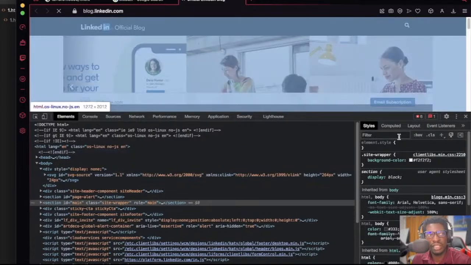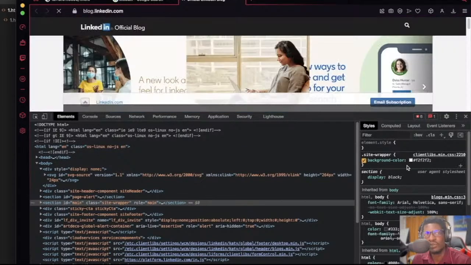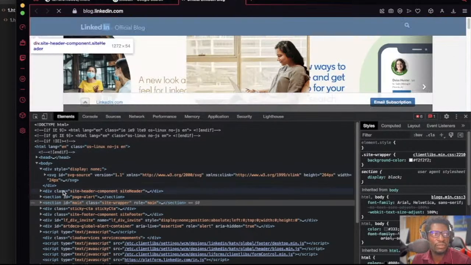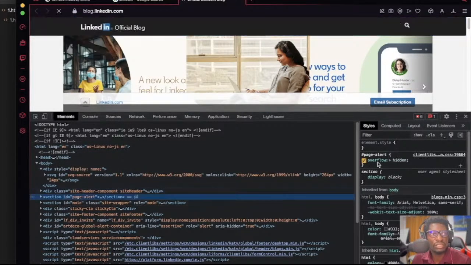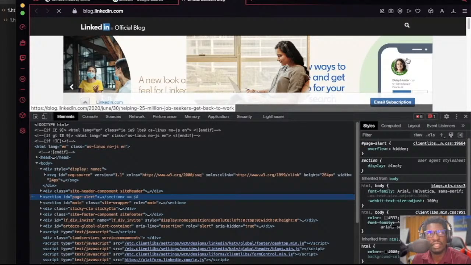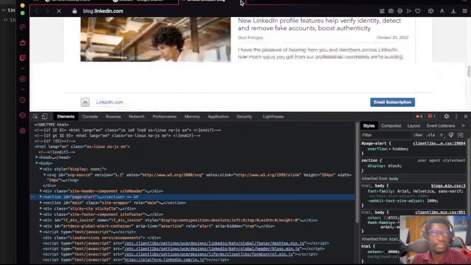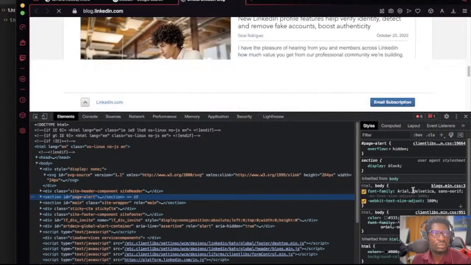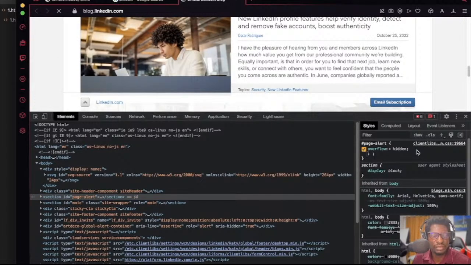On the right hand side, you then see the CSS that was responsible for that. How did we get to this? If you click here now, you will see the CSS style that was applied to that page that you're looking at. So if you then want to get any color, you can just come here and hack your way into it,